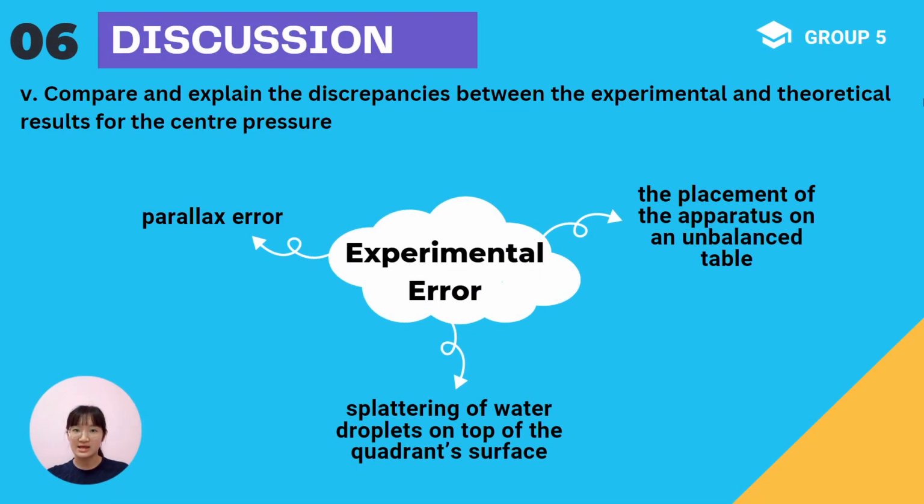From the calculated data, it is observed that the experimental center of pressure has a higher percentage of error than the theoretical one. And this situation can be explained by several experimental errors occurring. The errors that might affect the accuracy of the experiment include parallax error, splattering of water droplets on top of the quadrant's surface, and the placement of the apparatus on an unbalanced table. Hence, certain preventive steps must be taken to minimize the corresponding errors during the